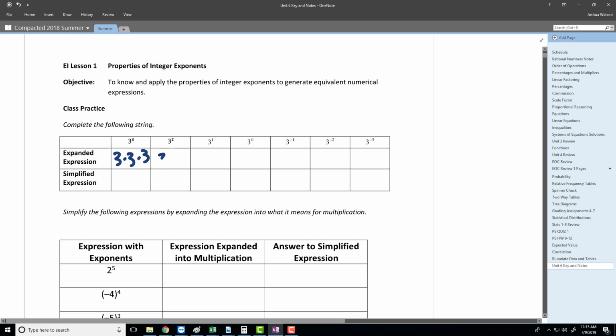Here we have the same thing. This is 3 times 3. This is 3 times nothing. So to the first power means just itself. Anything to the 0 power is actually 1. I will not talk about the reasons why that is, but you can see that the pattern makes sense when